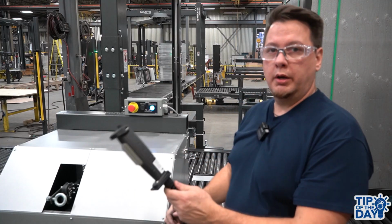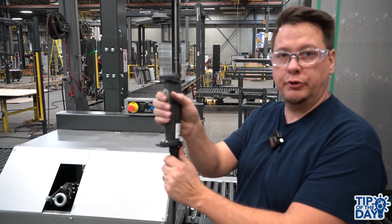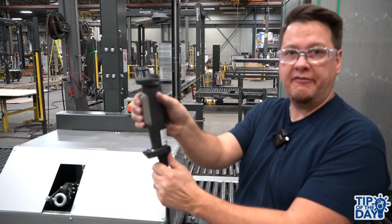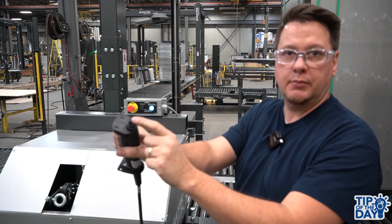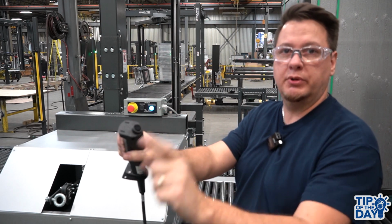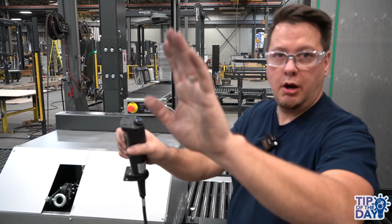Okay, so this is where you would use the head trigger. So this allows the manual head function. So a half pressure would engage the contactors to allow the head to function. And then the black button here on the top is actually releasing the dispenser brake. So the dispenser arm goes down and